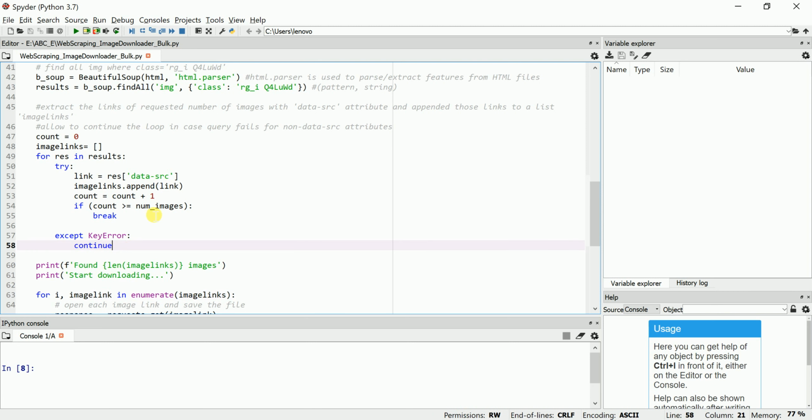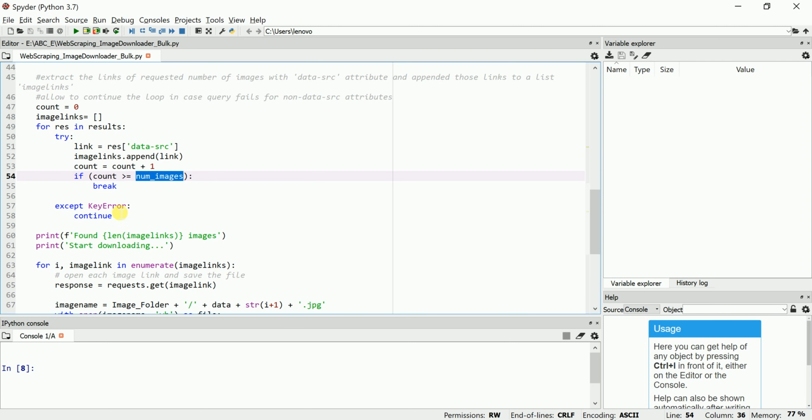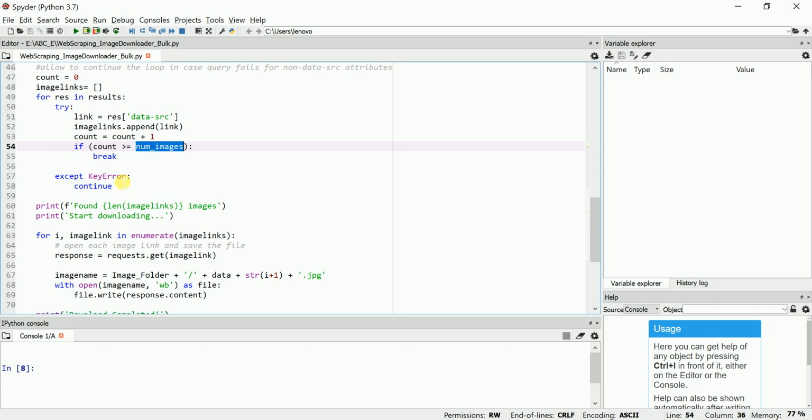If it is less than the number of images, I have assigned 5. If the images found are 4, or if any error occurs, it will continue the loop until it reaches this value. Once it reaches that number, it will come to the print statement.